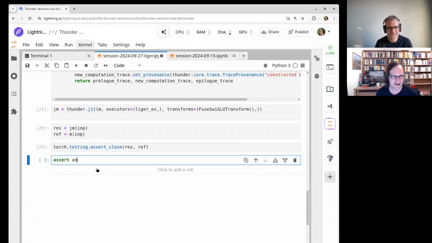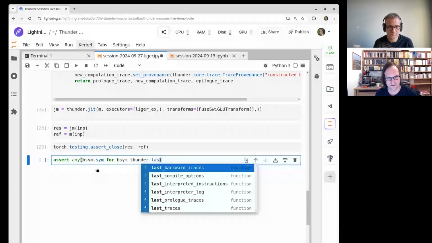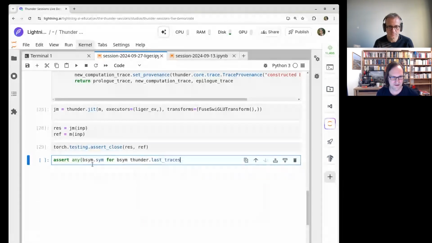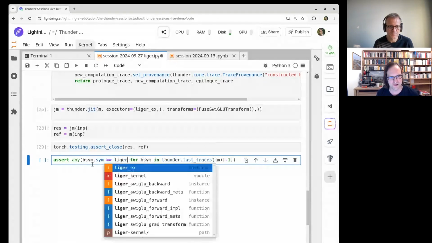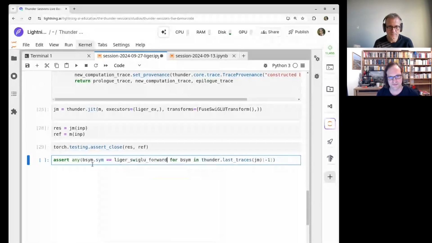At least one of the bound symbols should be in the Thunder last traces of our JIT module, and one of them at least should be the Liger Swiglu forward.